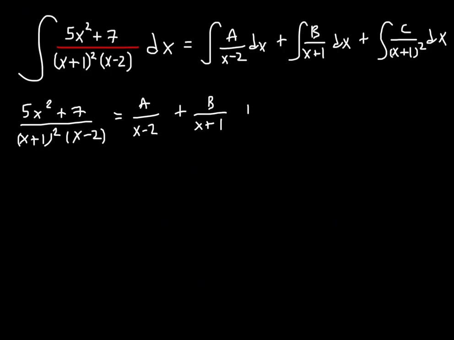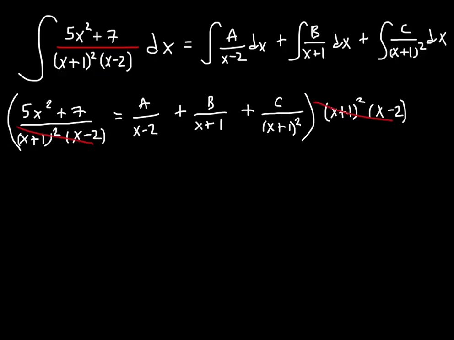It looked bad, so plus c over x plus 1 squared. Now I'm going to get rid of the fractions by multiplying by the common denominator, so it's x plus 1 squared times x minus 2. So multiplying this and this cancels out. We're left with 5x squared plus 7. So here the x minus 2 and x minus 2 cancel, so we're left with a times x plus 1 squared